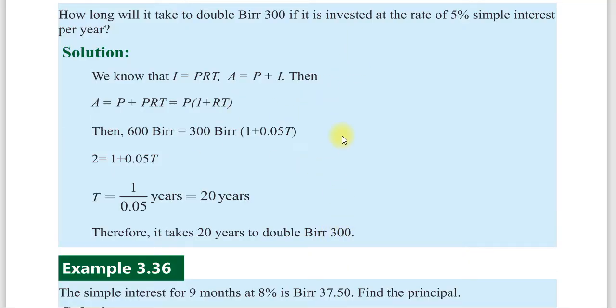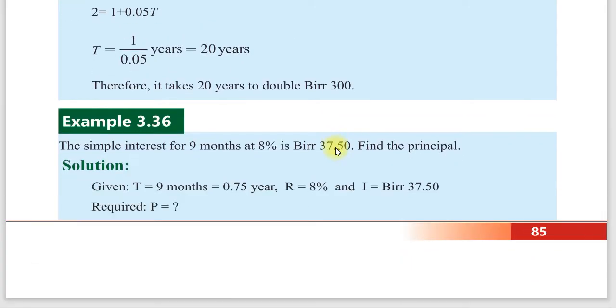So simple interest እንግዲህ እጅግ በጣም ቀላል ነው። A simple interest for 9 months at 8% is per 37.5. Find the principal. አሁን ሲምፕል ኢንተረስት ለ9 ወር ያክል እንግዲህ 8% ቢሆን ሬቱ እንዲሁም ኢንተረስቱ 37.5 ብር ቢሆን ፕሪንሲፓሉ ስንት ቢሆን ነው? የተሰጠን ታይም ተሰጥቶናል፣ ሬት ተሰጥቶናል፣ አይ ተሰጥታናለች።